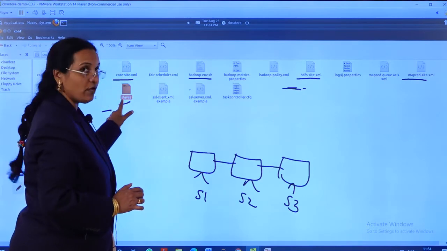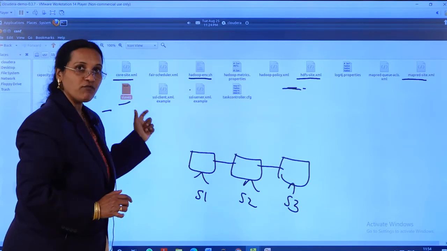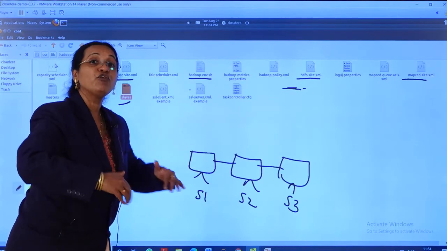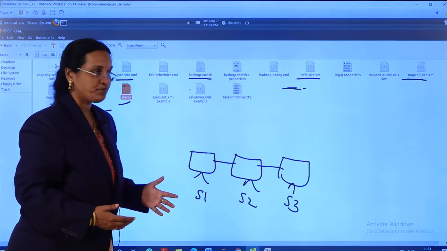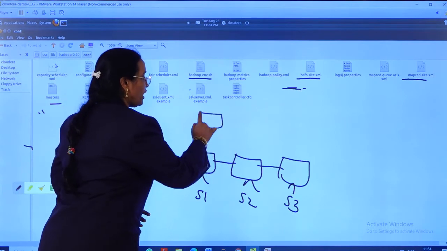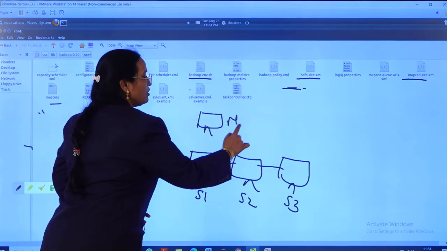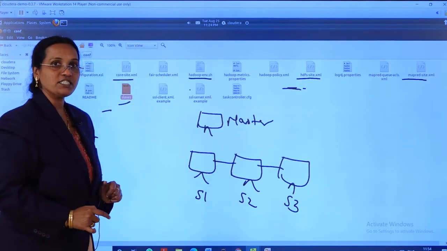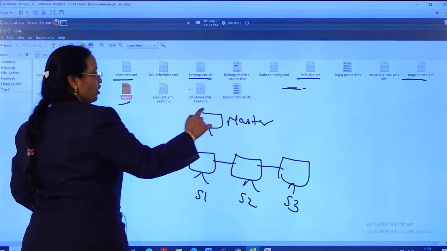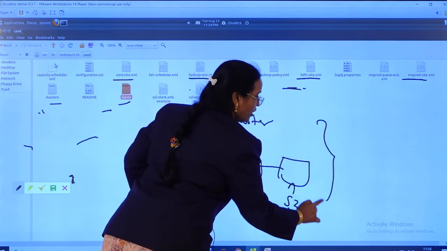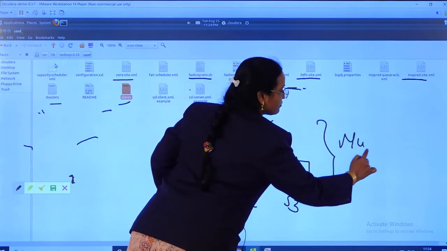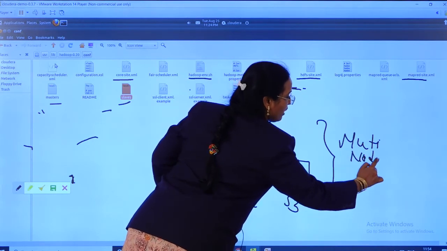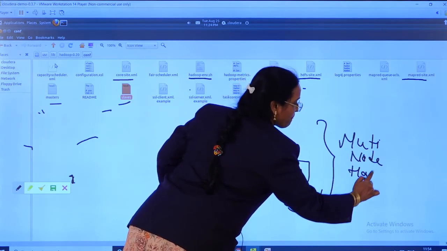So when I open the slaves file, instead of localhost, you will get these 3 names if you are working on the fully distributed cluster. And whatever master node name you have given, the master information will be in the master file, as long as you are working on the multi-node Hadoop cluster.